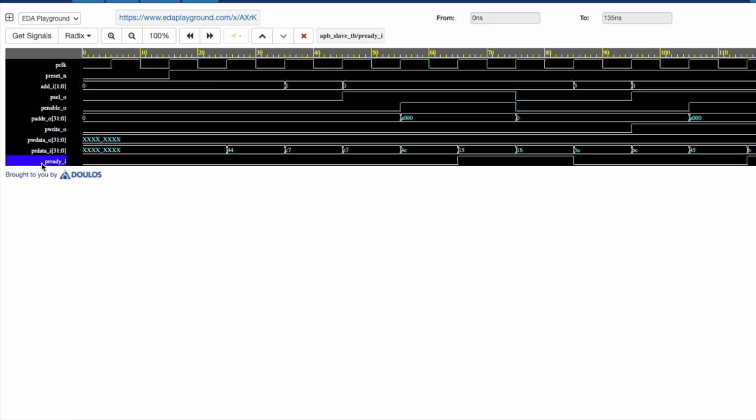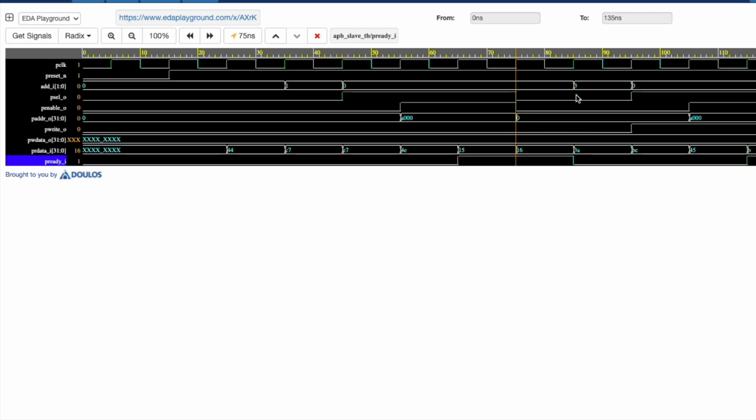Okay. Now what happens is our add I became 1 here. On the next cycle we started the transaction. It was a read transaction. The value which we got was 15, and this is where the transaction got completed. It is fine. Our P ready can remain asserted here, or it can go to 0. There are no timing relationships around P ready.